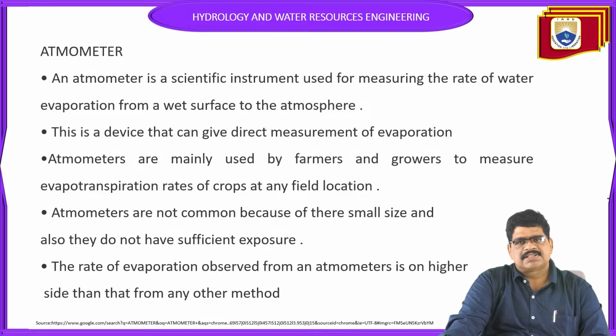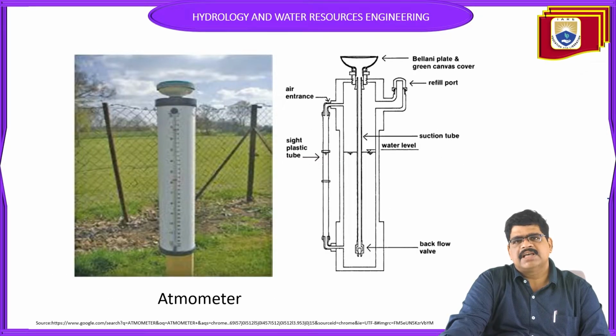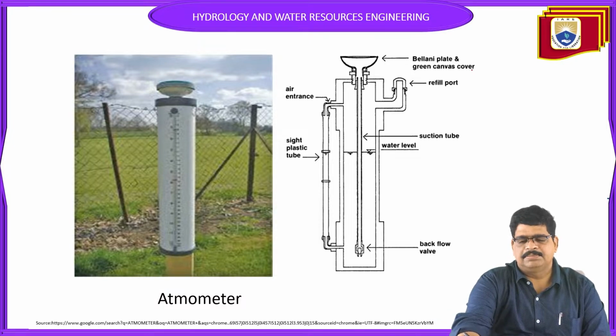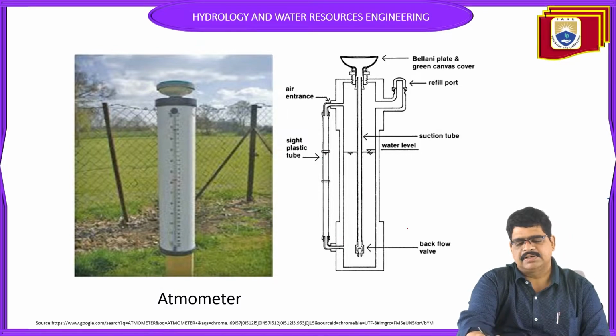Next, to observe the rate of evaporation from the atmosphere, an atmometer can be used. This atmometer is low cost and can easily be used to calculate evaporation. Another one is the Piche type, with a top that can be refilled and a pot. An air entrance is given at the side, and a plastic tube at the side is used for entering the water, and the back flow and the water level can be seen. This is the inside cross section of the atmometer.